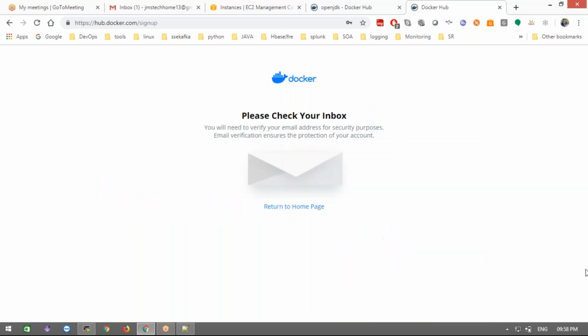Then we need to check our mails. Let me confirm the mail. It will send you one confirmation mail. We need to go to that mail. Yes, I configured it on mobile, so I'm confirming it through mobile.